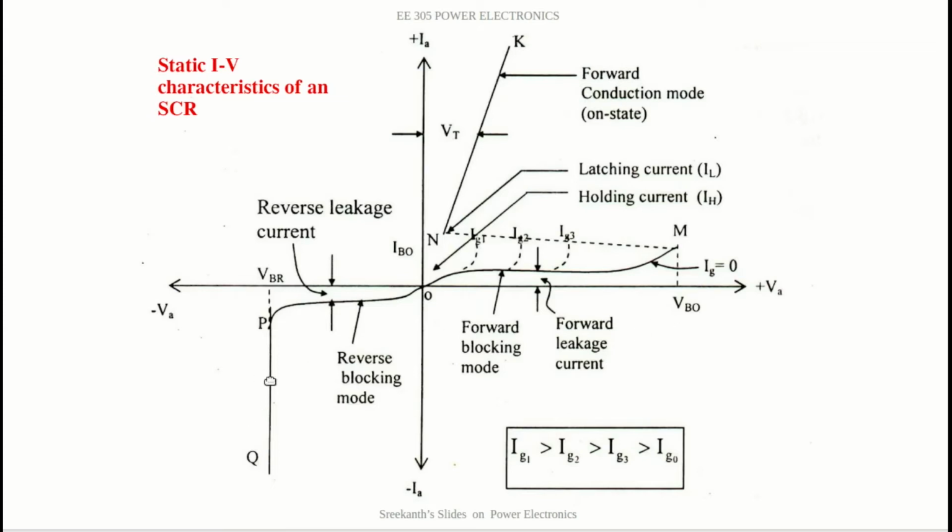As you can see, this diagram has a lot of parts and there are several markings and explanations. We'll move on to this as and when it is required. But for now, what you have to remember is that it is a variation of current with respect to voltage of anode that produces static IV characteristics. So this is plus VA, this is plus IA, minus VA and minus IA. And this is the path that is taken by the characteristics.